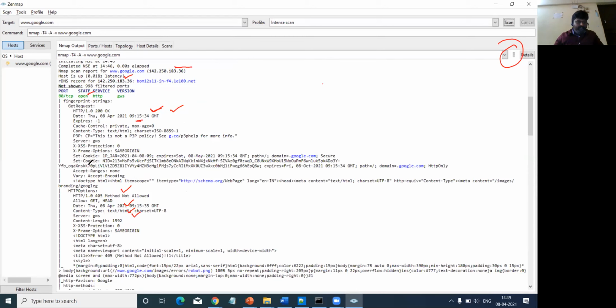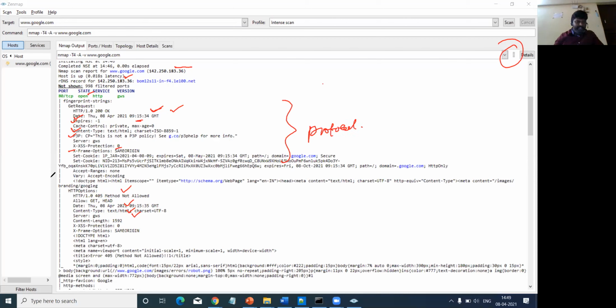See here, you will find a list of options, and the date, and the different cache control, content type, how the protocol and information are transferred, and what type of protection they are using. Again, the different frame options.